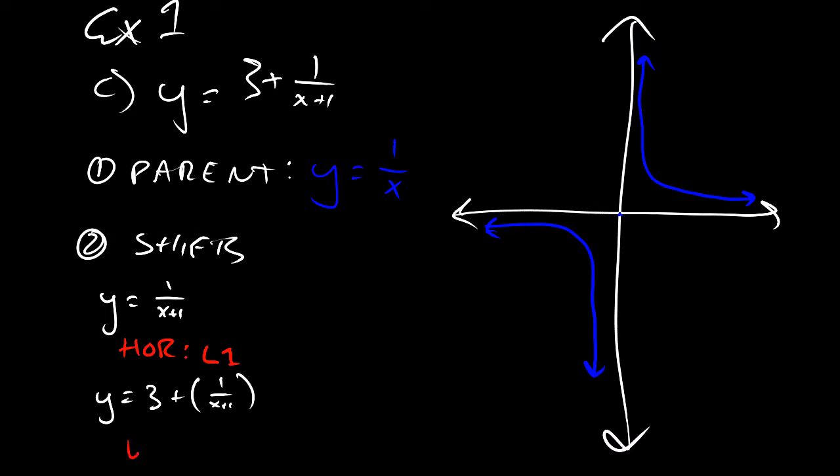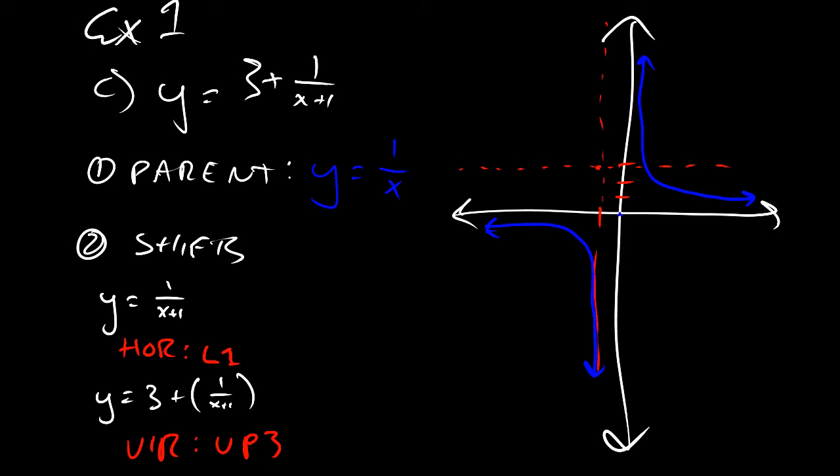So what does that mean? It's my vertical shift. Vertical shift of how many? Positive 3. So I'm going up 3. So I've gone left 1 and I've gone up 3. 1, 2, 3. So my new center point that I have to avoid is here. So if I kind of draw out my dots,